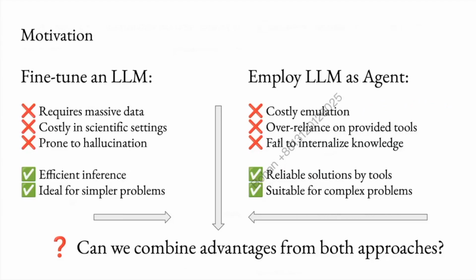Given the distinct characteristics of both approaches, let's analyze their respective strengths and limitations. Firstly, the fine-tuning approach. It has significant limitations. First, it demands massive amounts of training data from both human annotation and stronger models, which are both highly costly. There's also a fundamental issue: for complex problems that even state-of-the-art models can't solve, the knowledge distillation approach becomes futile. Most crucially, even after intensive fine-tuning, these models remain prone to hallucinations because they still have nothing to do for the complex problems.